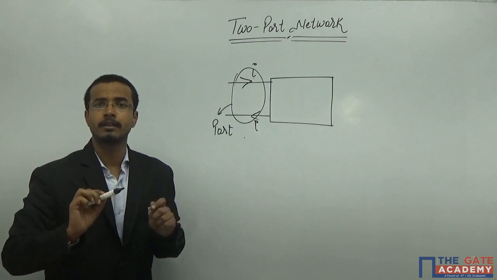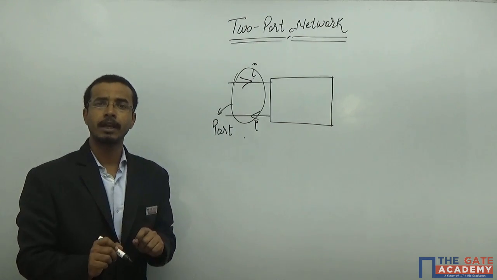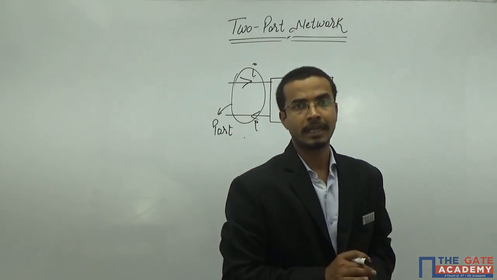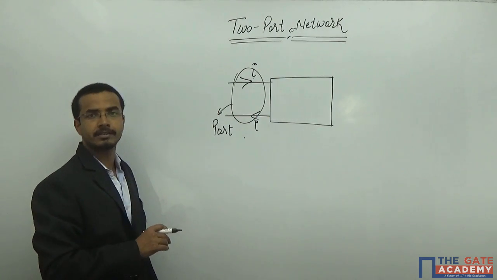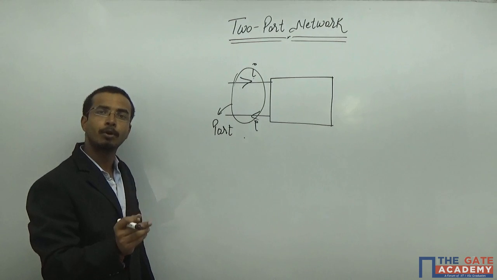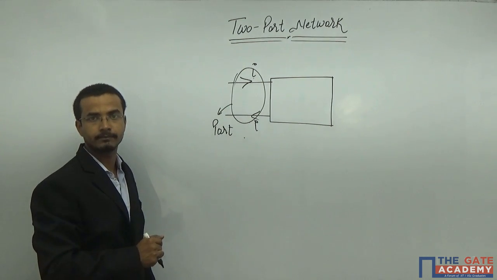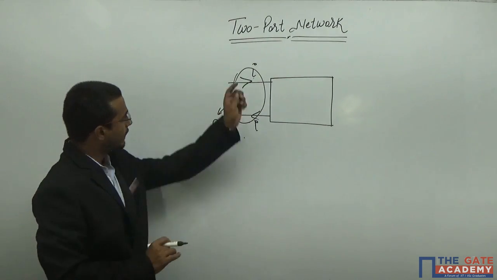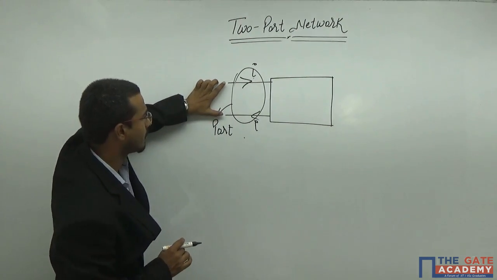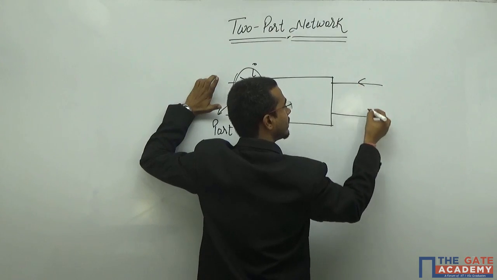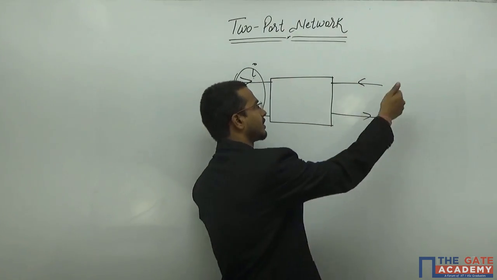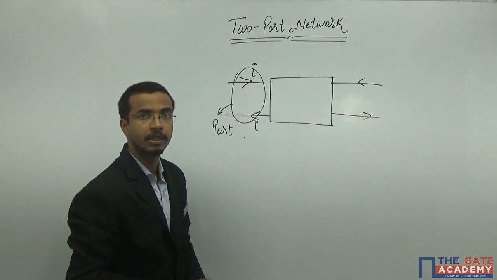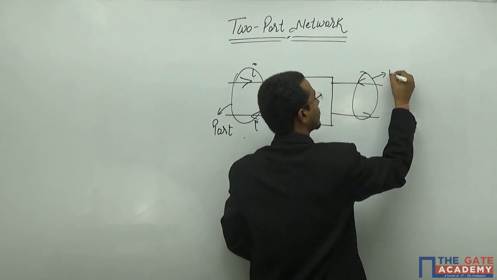Now, that means you can make a general statement. Every port is a two-terminal device, but not vice versa always. You can never claim that all pairs of terminals are ports, but definitely a port must contain at least two wires. Okay. Now, if you get one pair like this and another pair which follows the same condition, that means if you pump the current inside through this particular terminal, that same current must leave from the other terminal, then again this is a port.